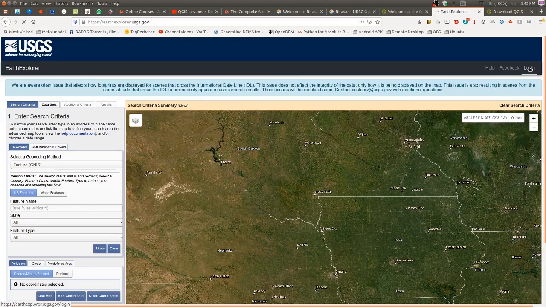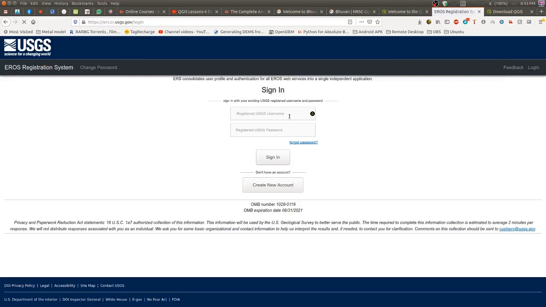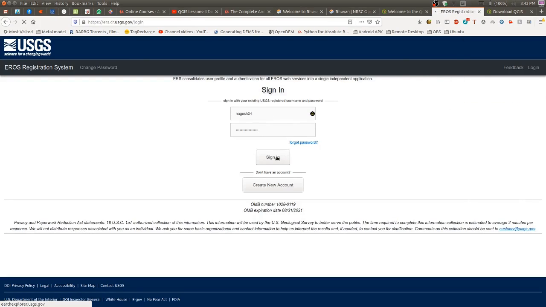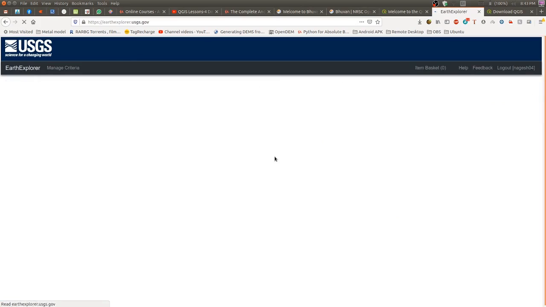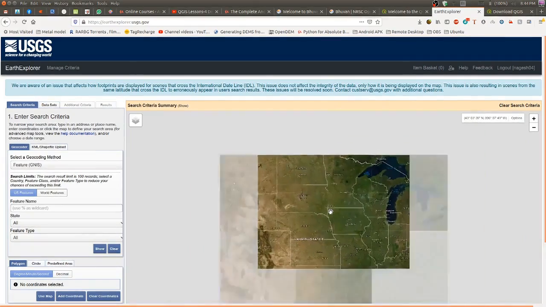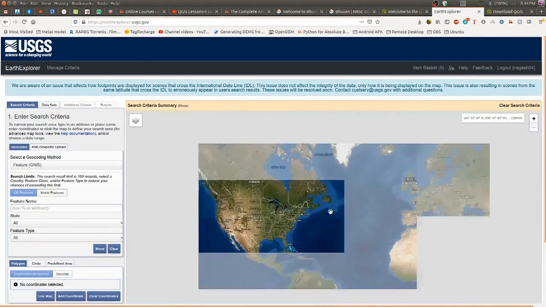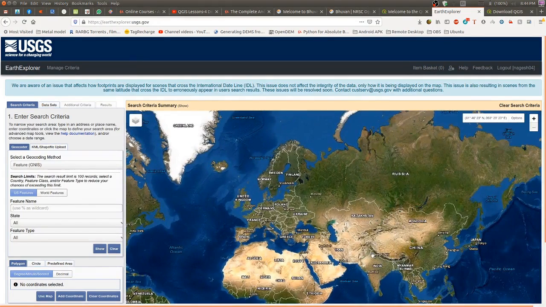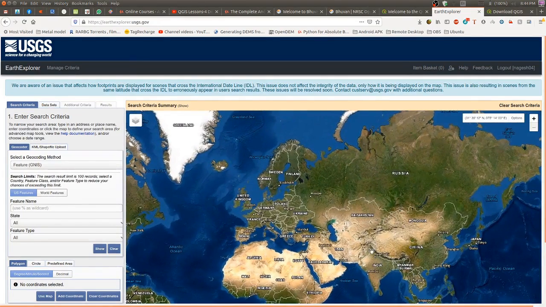If you don't have a login, you can create one, and I have a login, so I am going to sign in now. So here you will be given this map window. It is like Google Maps only, and here also a similar thing. You go to the area of your interest.